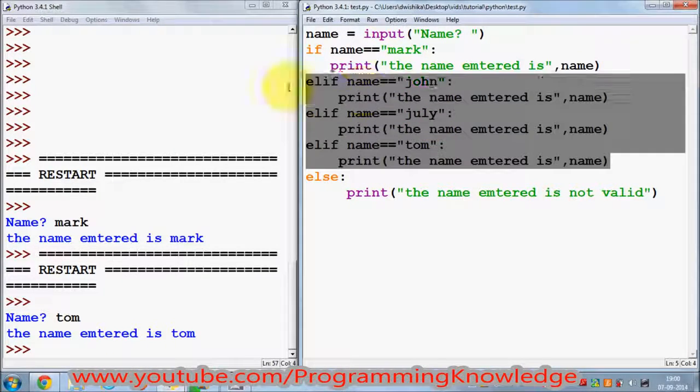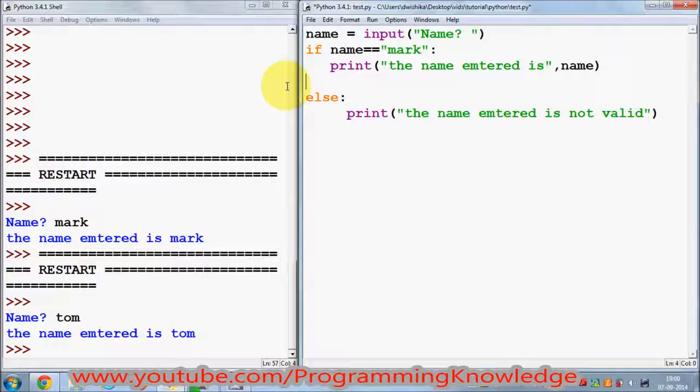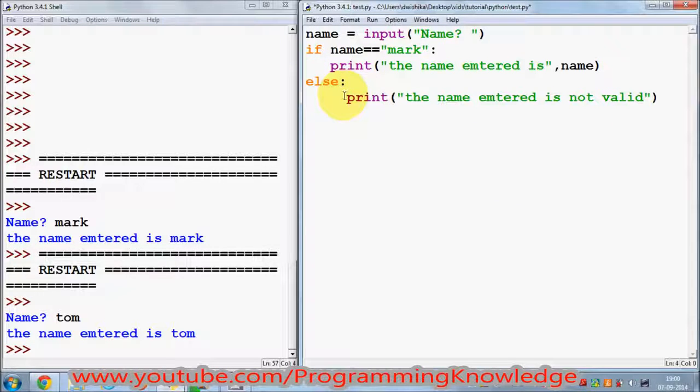Now for example, I want to have multiple if conditions inside my if condition. Okay, so it's called a nested if condition. Okay, and I tell the user to enter any name, and if this name is